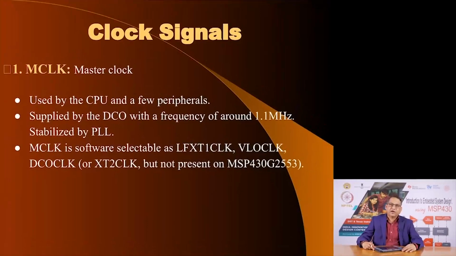What are the clock signals that we need? As we mentioned, one of them is master clock. It is used by CPU. CPU has only one clock signal and that is master clock. Master clock signal can also be fed to other peripherals. As I mentioned, after reset, the default master clock is derived from the DCO with a frequency of 1.1 megahertz,